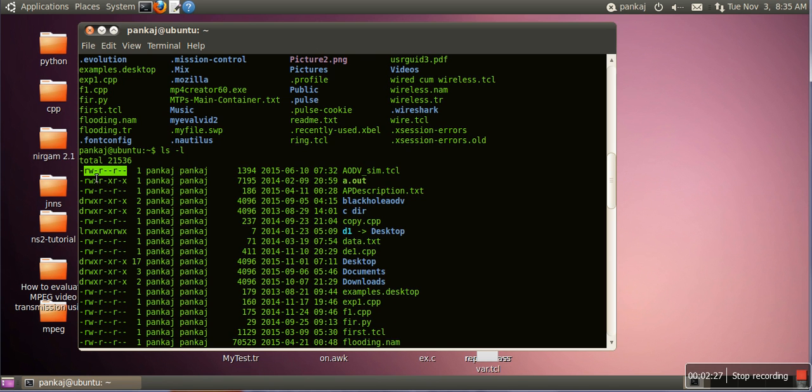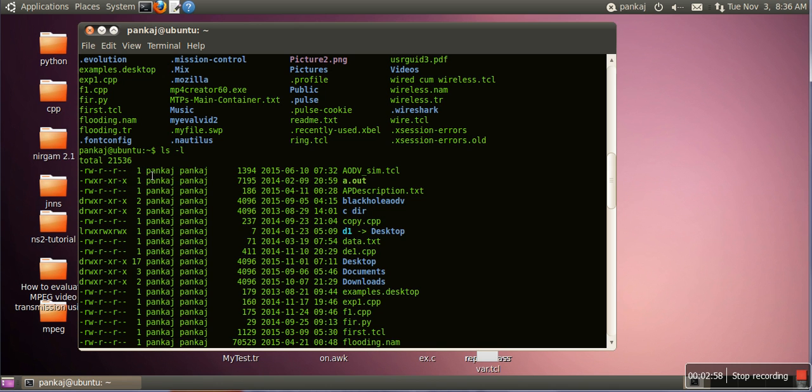First 3 show permission for owner, second 3 show permission for group, and last 3 show permission for others. If you can see, the rw means owner is having permission read and write for this file. And the first character, if this first character is d, it means this one is a directory, and if this is a hyphen, it means that is a file.